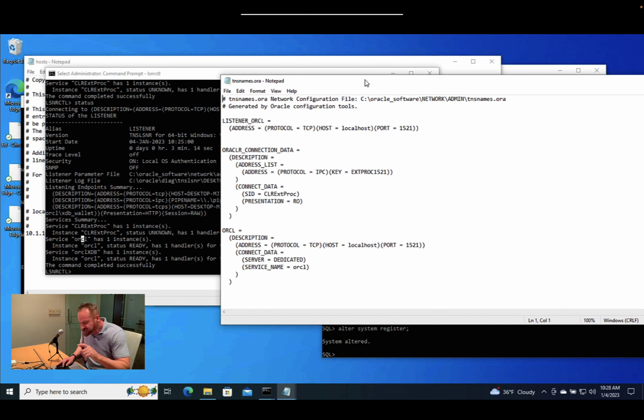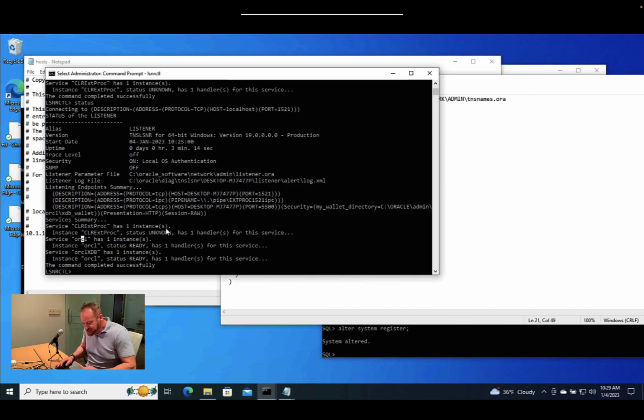It tells Oracle what to connect to. In this case, our ORCL is pointing to localhost ORCL. So that's going to work even if we didn't have the listener created properly, because it's going to localhost. We don't want it to go to localhost. We want it to go to the name of our